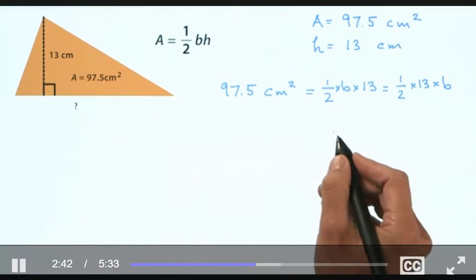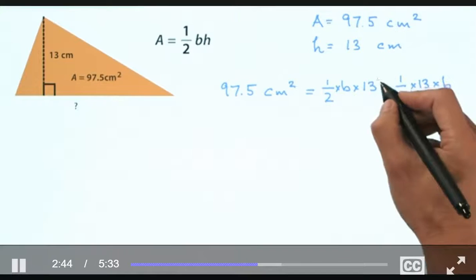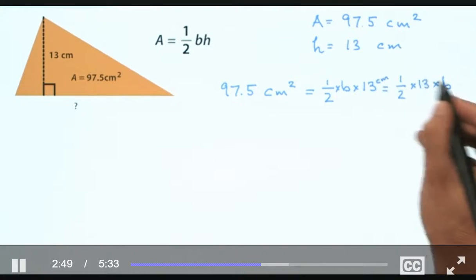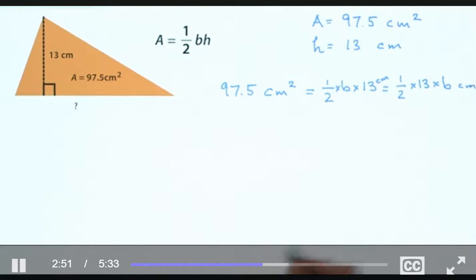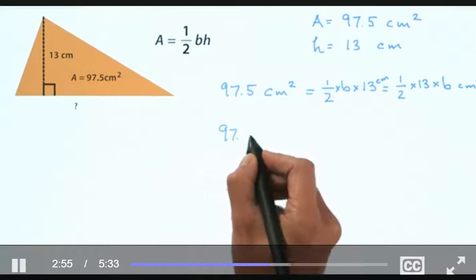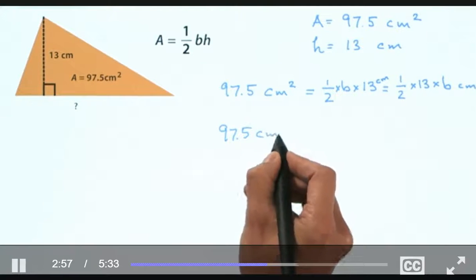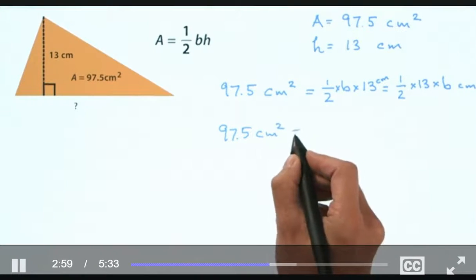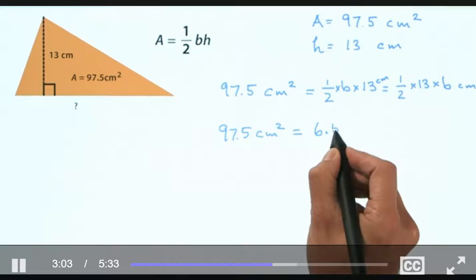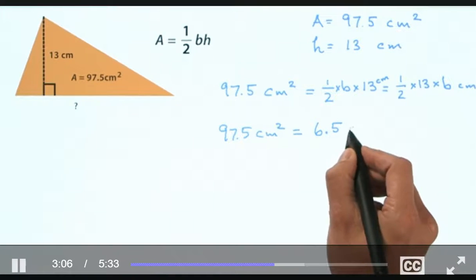And so now, what I see, and I wanted to, shoot. You know what I want to do? I want to sneak in centimeters. Will you let me do that? Centimeters. Okay, good. So now what I have is, I'll show you why in a second. So we have 97.5 centimeters squared, and then we have that equal to half of 13, which is 6.5 centimeters